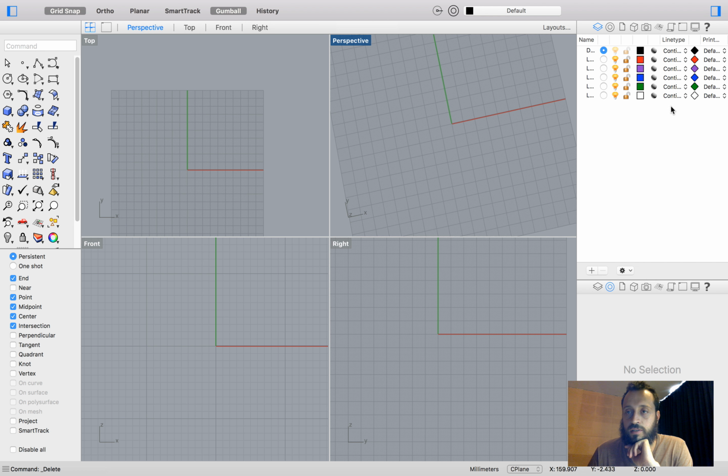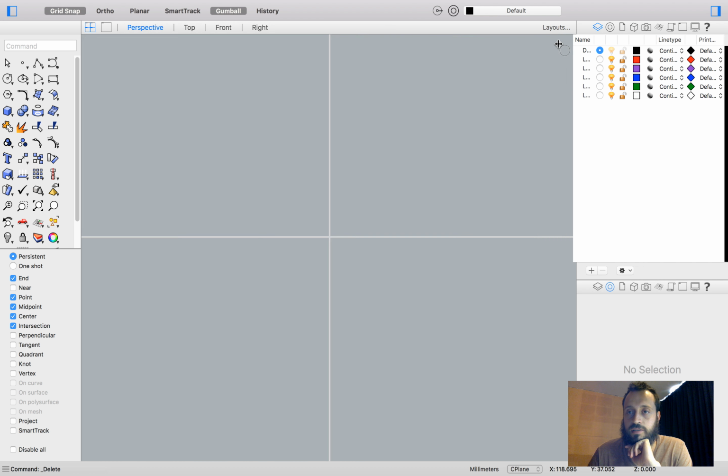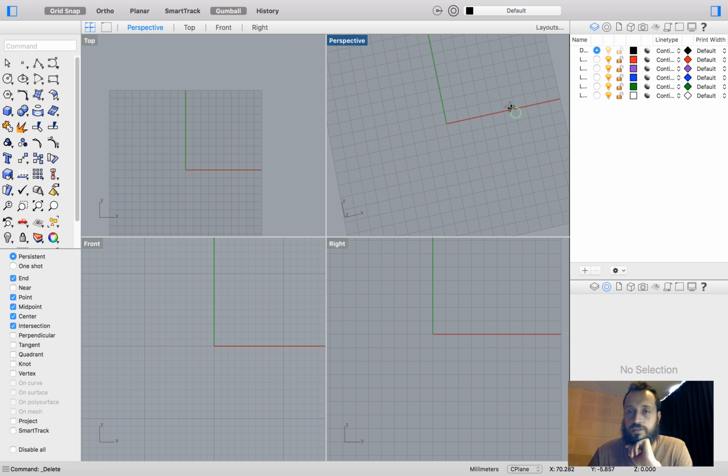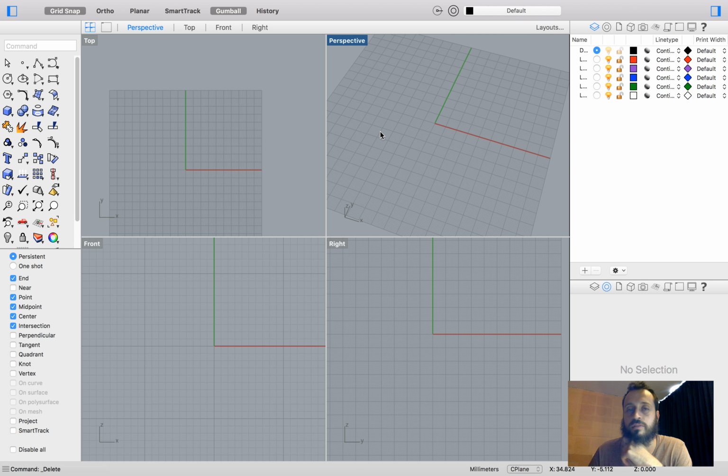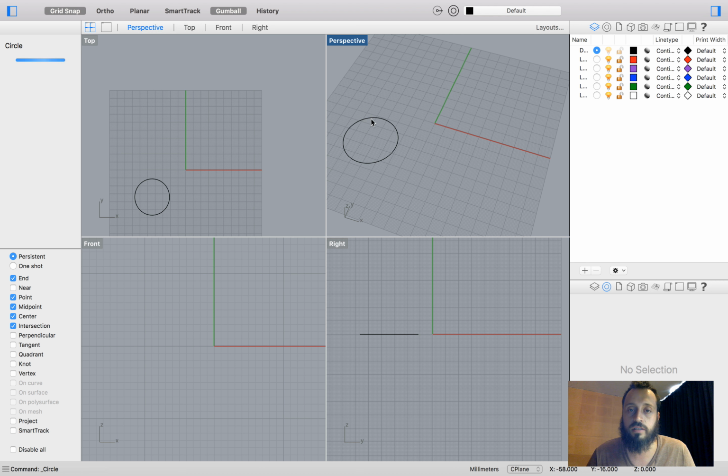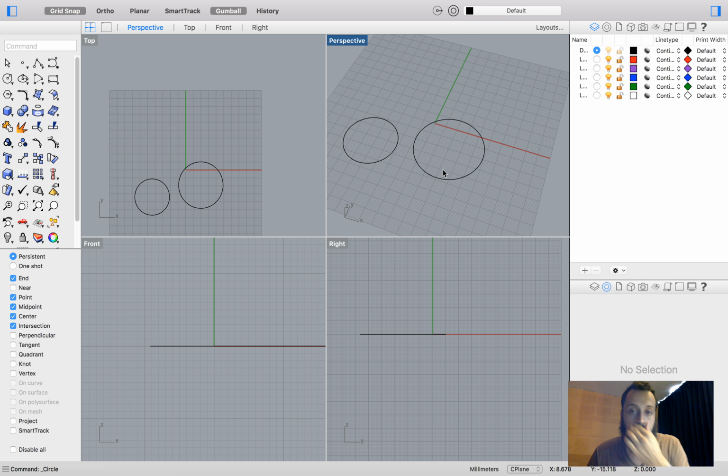Then in our right corner up here, you have the layers. What are layers good for? When I have many objects, it's good for me to put those objects in different layers to have it more organized, and that way I can also hide them, show them or lock them, and change the color and properties also. So, for example, if I have a circle here and I make another circle here,